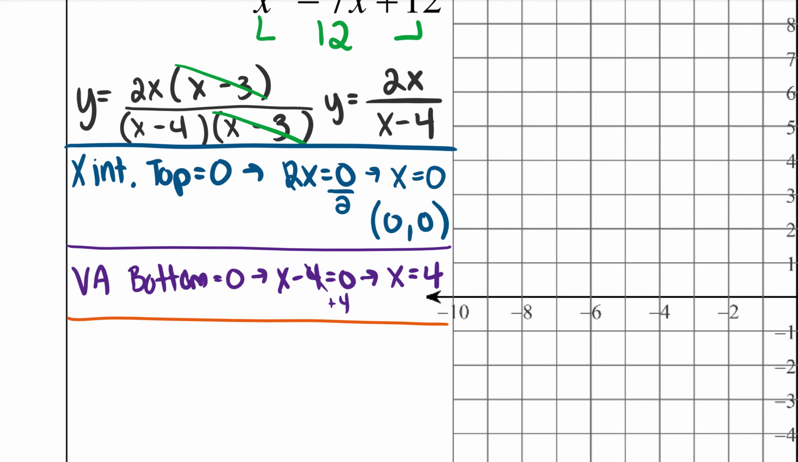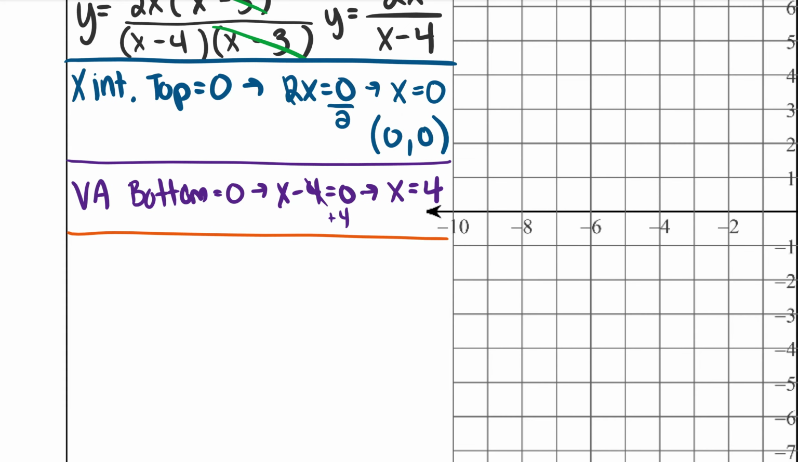I have my highest exponent on top is just the x to the 1. So it's a 1. And then the bottom is also x to the 1. So my highest exponent for both are equal. So if you look down at that chart that we made on your notes, if the top and bottom are equal degrees, I have a horizontal asymptote. So I'm going to write HA in highlighter because I know I have a horizontal,